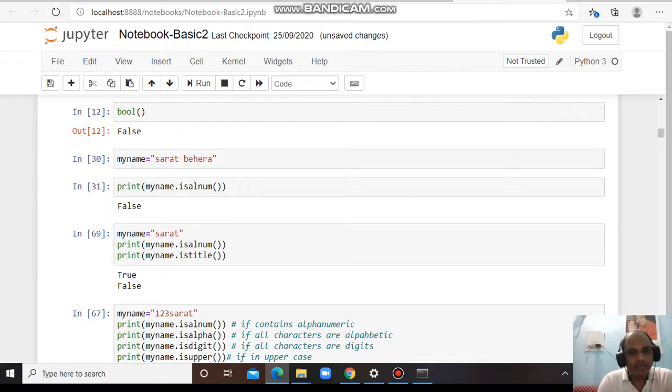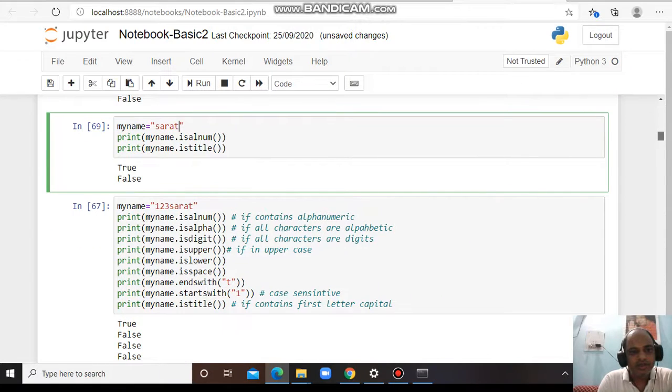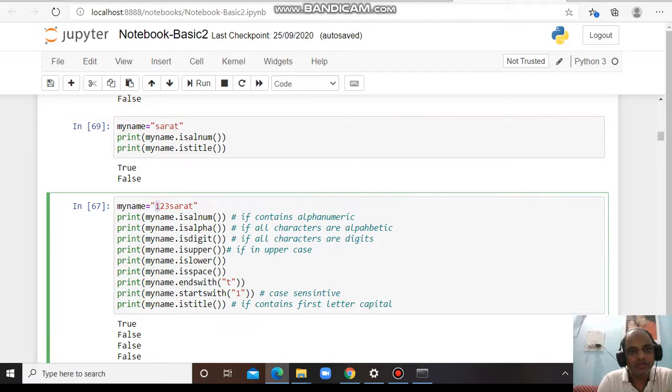Is title you can also use. This is not a title, so this is false. But this is alphanumeric. Suppose I have added 1 2 3 4, is it alphanumeric? Yes, it is alphanumeric, because I have put 1 2 3 here.